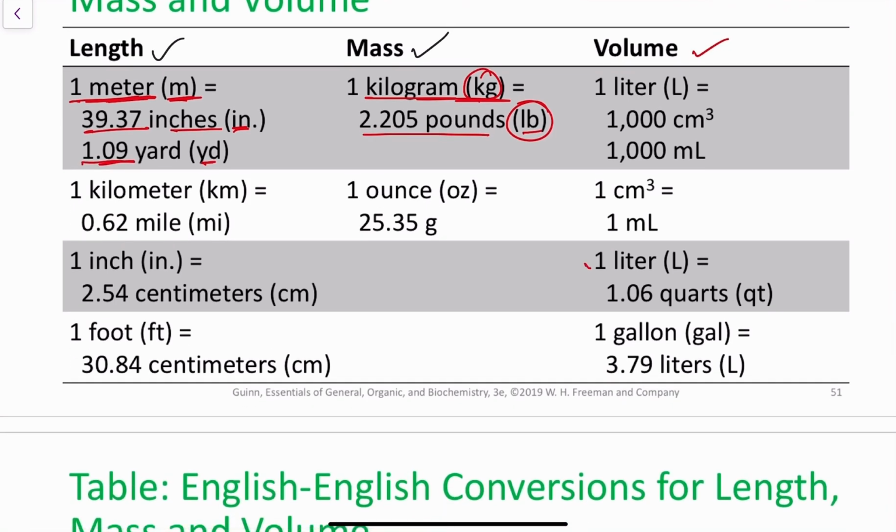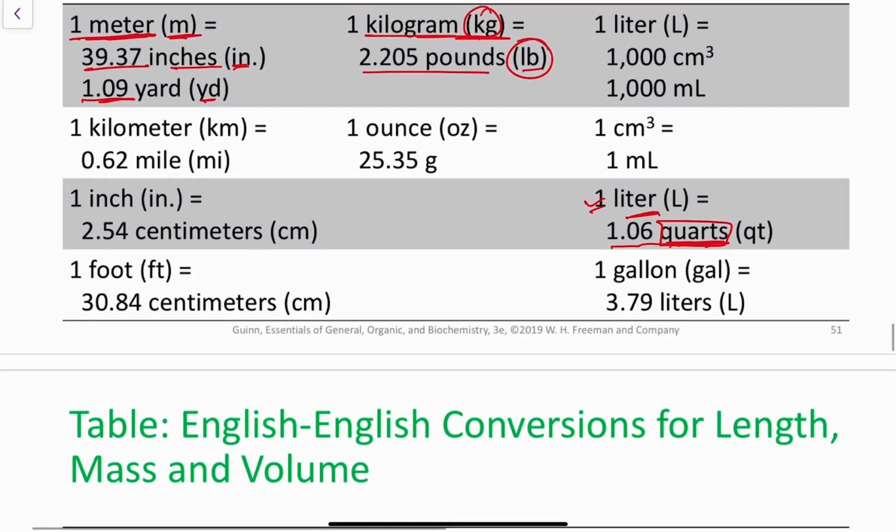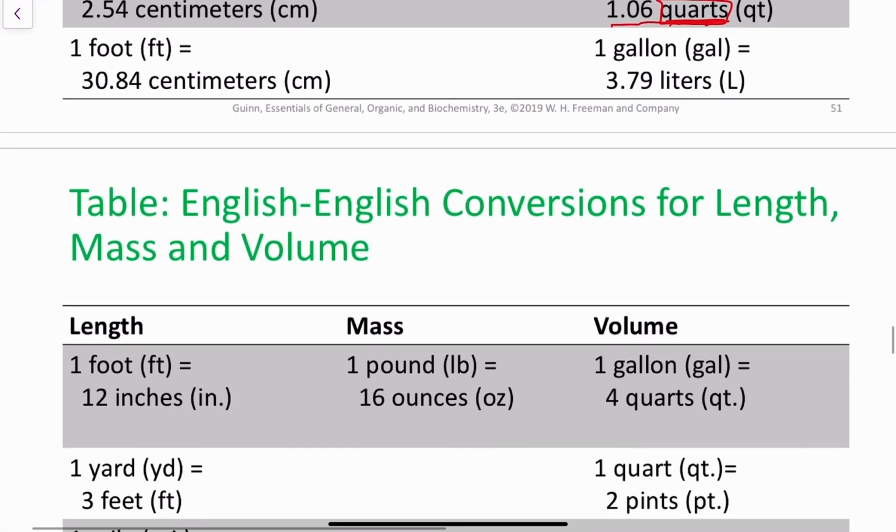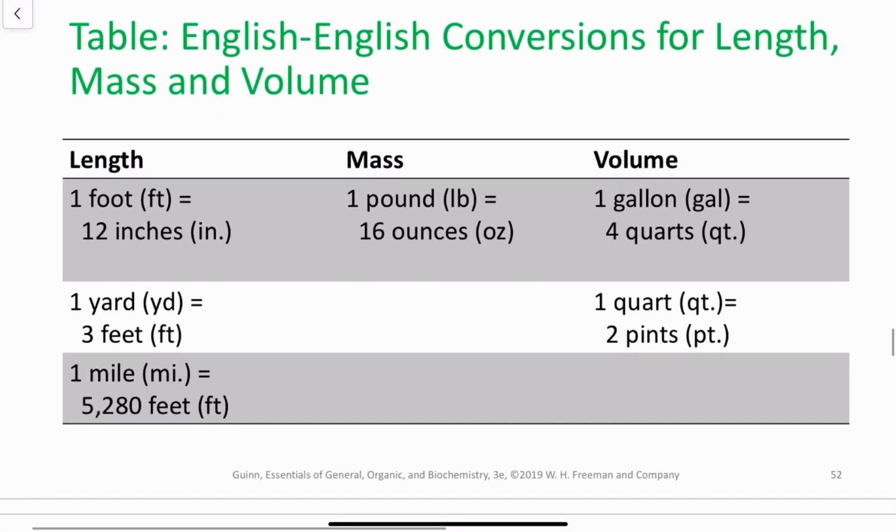Similarly, if I say 1 liter in volume in the metric system is equal to 1.06 quarts. Quarts is a unit of volume in the English system, right? So this is how you normally get the equivalencies. And if you get the equivalencies, you can make a conversion factor. Right? That's the purpose of giving the equivalency. Again, you have more